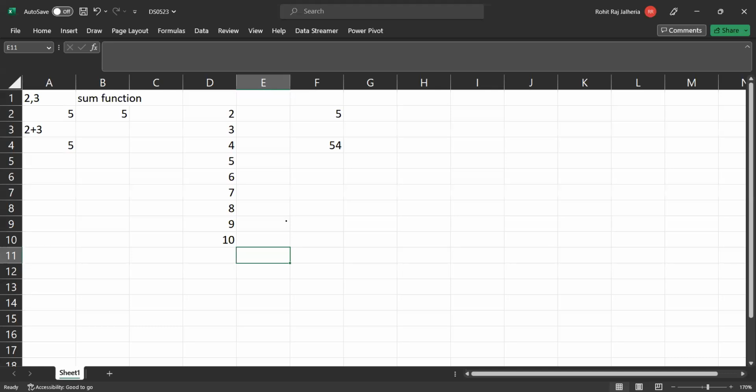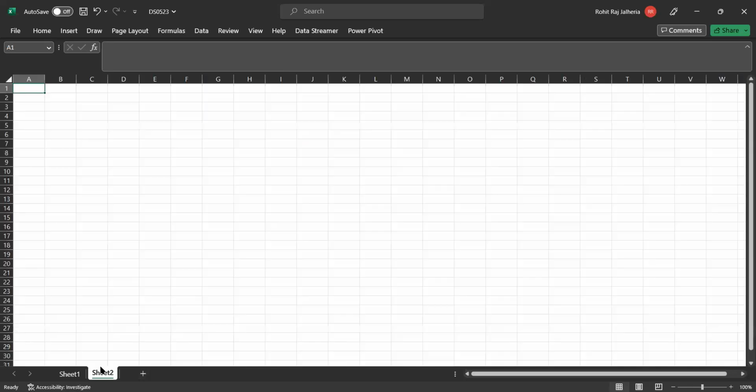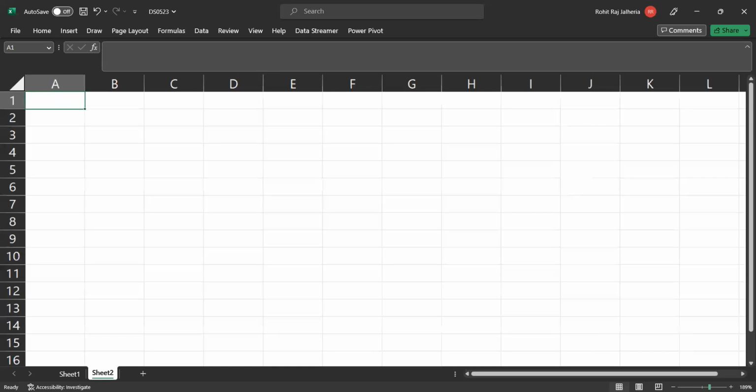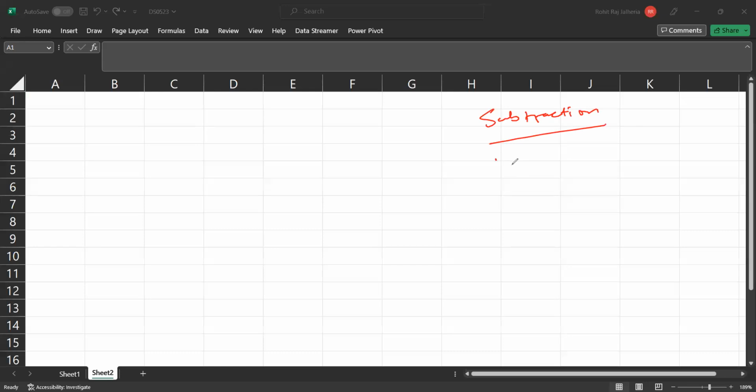So these are basically the output that you will be getting. All right. And proceeding ahead with the subtraction. In subtraction, what we basically do is we subtract one number from another, right? So how subtraction works is basically we'll subtract one number from another. Let's say again we have 2, 3. So we can subtract 2 from 3. So this is how it's written, right? And we'll simply add equal to in Excel to get the output here,